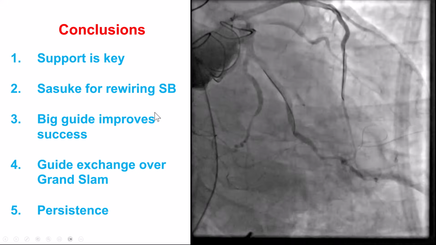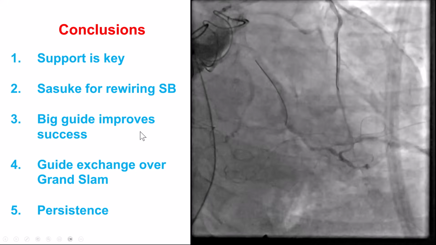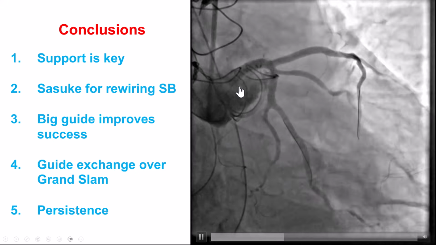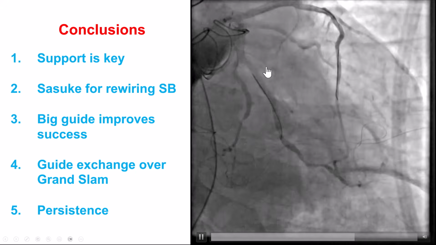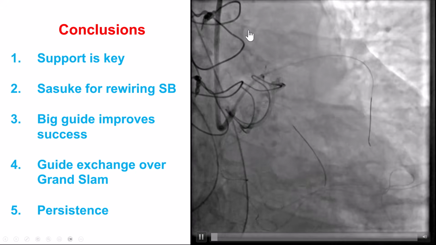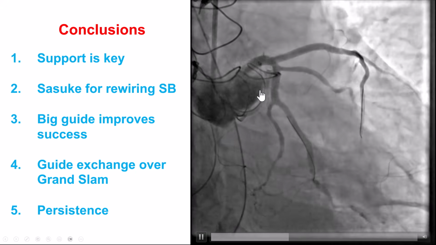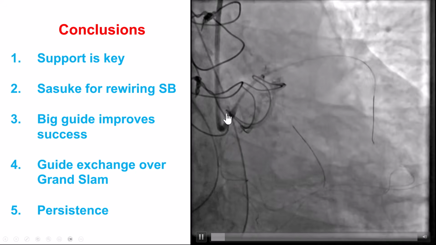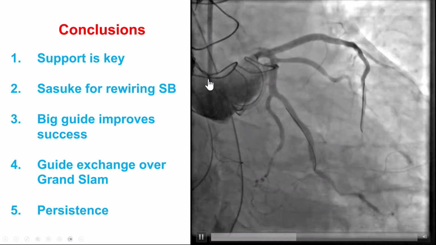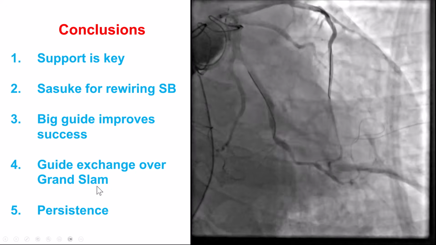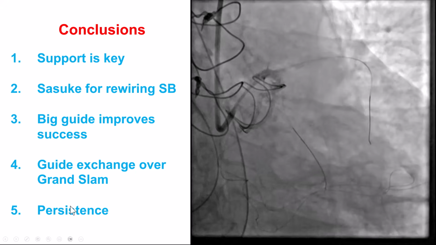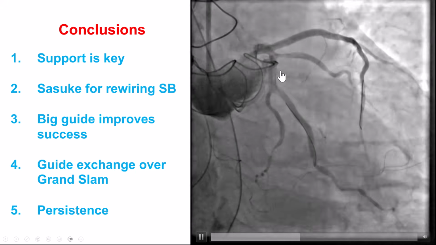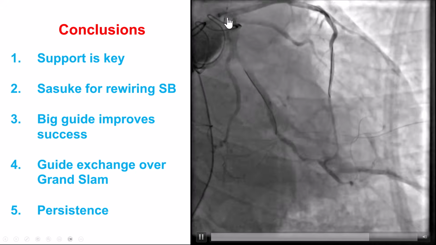The turning point in this case was after several hours and having failed to get back into the circumflex, using the bigger guide, using a long, supportive Grand Slam guide wire to deliver a bigger guide in, that's really what allowed us to be successful in the end. Now, one could argue that if we had placed the original stent further back into the left main, or